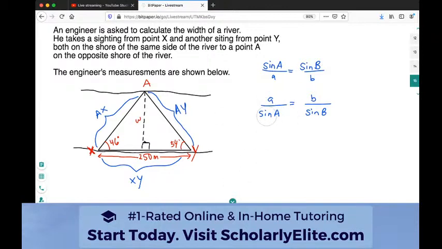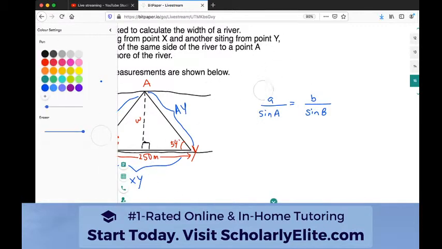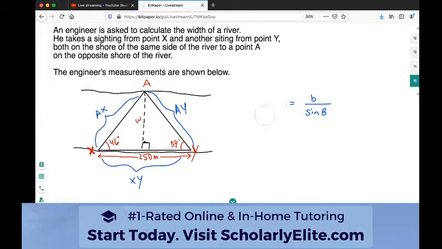So anyways, in this case, remember from last week I was saying whatever it is that you're solving for should go in the numerator. So in this case, we're solving for side lengths. And that's really important to understand. Now, I'm going to get rid of these letters because we need to use the letters in play for this question. So, ask yourself first, what side is across from what thing? Okay? So, the sine of XAY, so I'll show you what I mean,